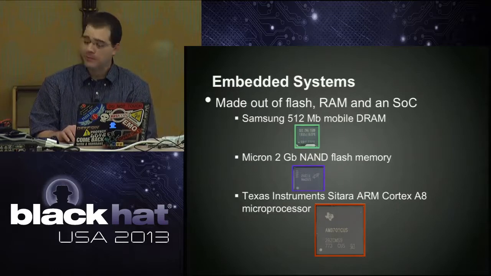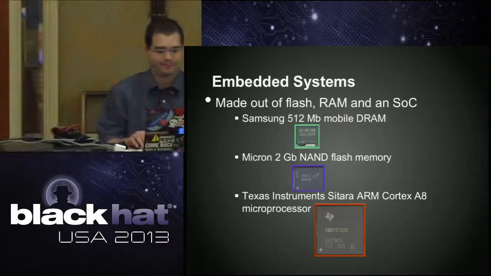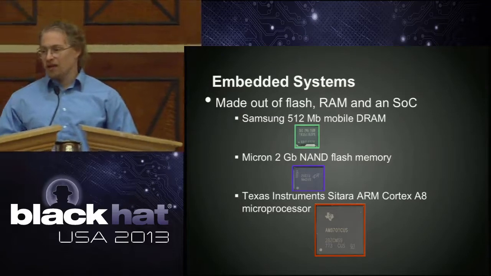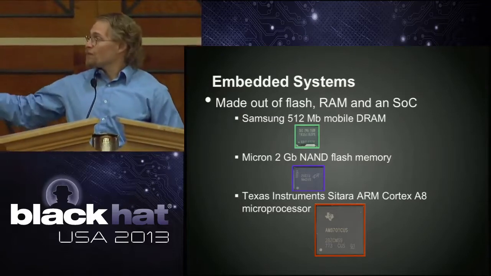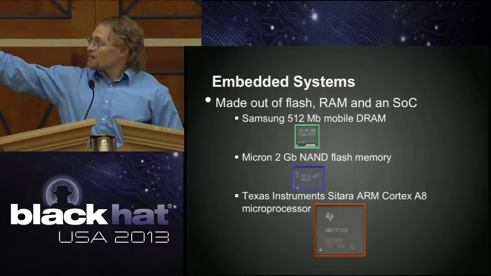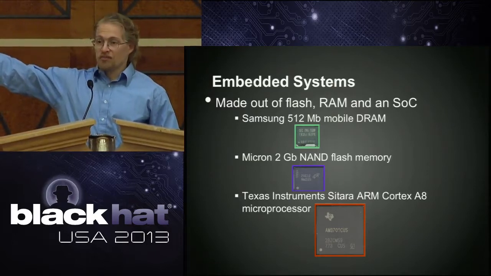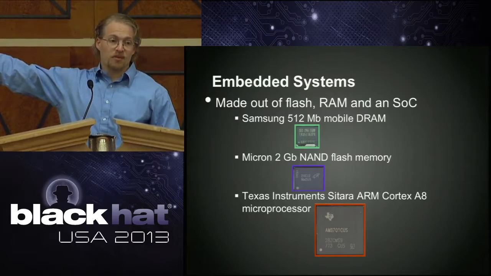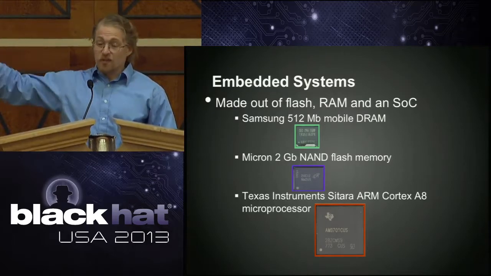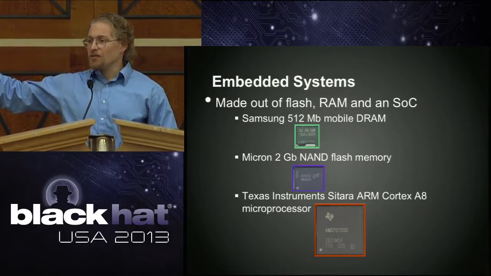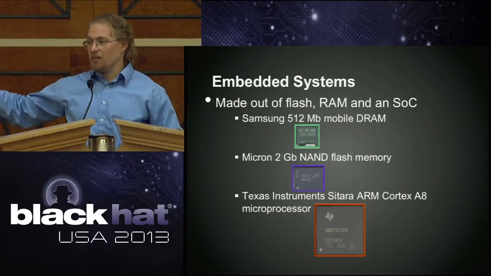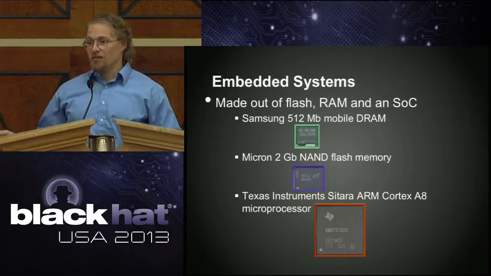So embedded systems at a fundamental level, they're really very simple things. And to make an embedded system, you just need 3 basic components. You need some RAM, you need a little bit of storage, and you need a CPU. These are some simple examples of different components that you might find, but there are literally thousands of vendors and tens or hundreds of thousands of components that you could combine in any combination to give you what you need to be an embedded system.